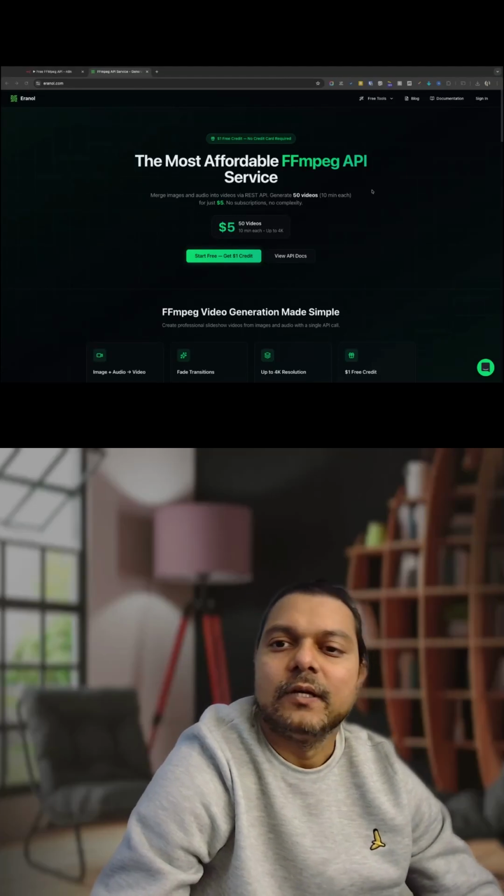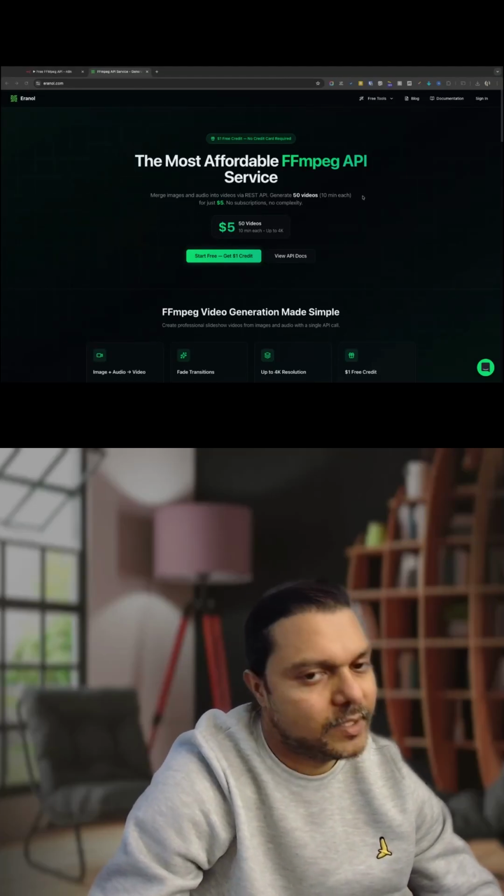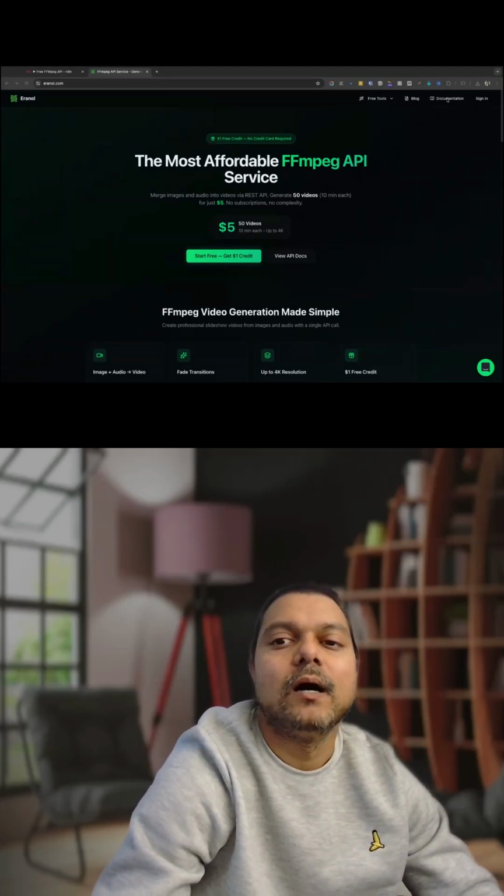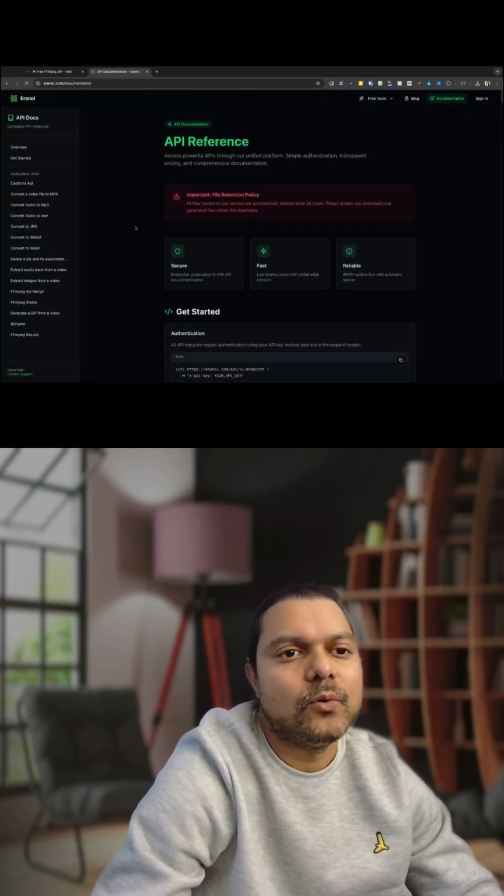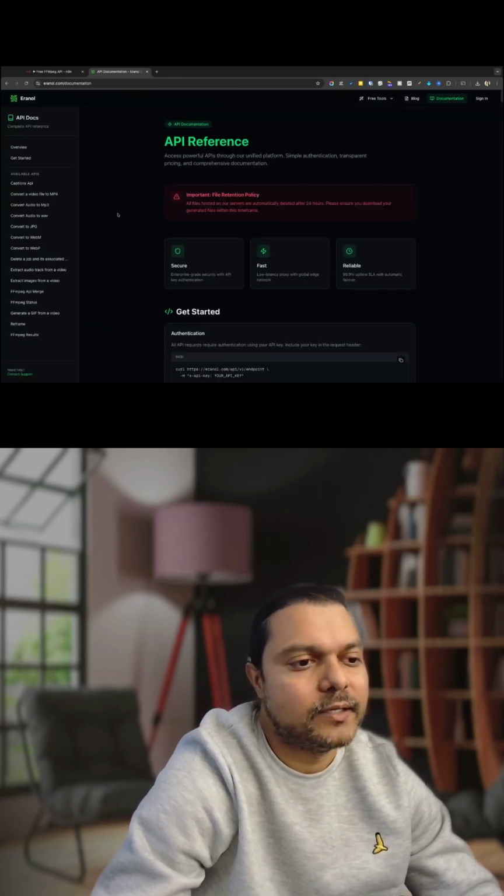Today we are going to learn about a free captions API using ffmpeg. Okay, great stuff. So you have a video, and in your automation, what you want to do is create captions for your video